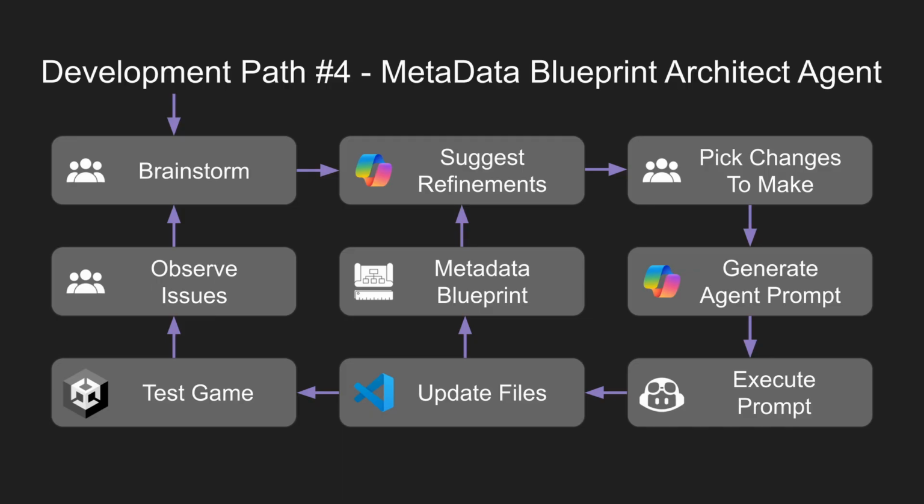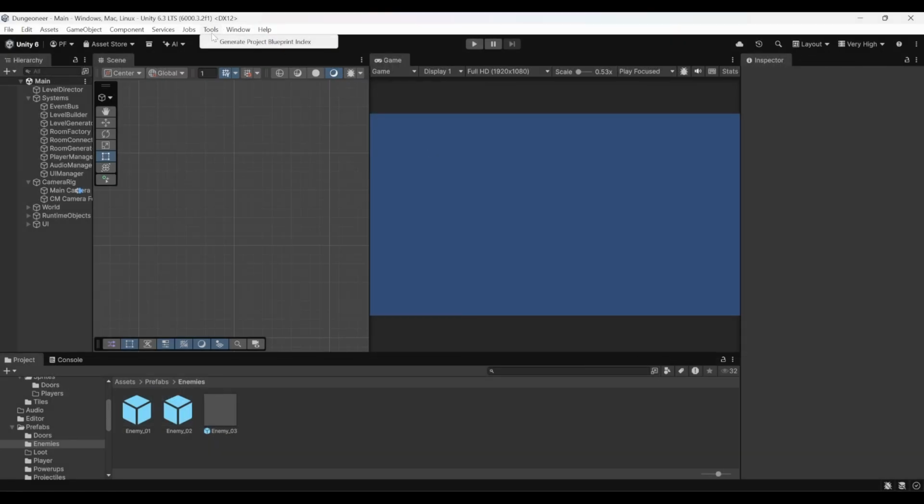Next, we're going to dive back into our code generation process. This is where we really need to spend more time focusing on what we're trying to do in the code. These fixes are going to revolve around creating more advanced enemy behaviors. So the first thing that we do is we actually